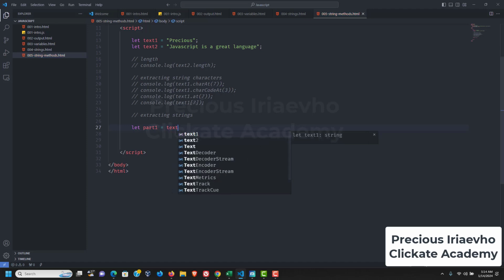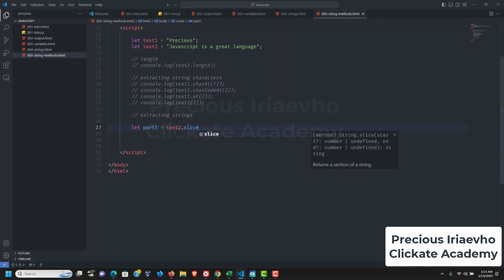So we say test2.slice. This one will take parameters, so we'll send in arguments. So what are we checking for now? The first parameter is your start position and the second is the end position. Remember, the length here is 30, but we are using index, remember. So let's count. Now we are going to count. So from JavaScript is